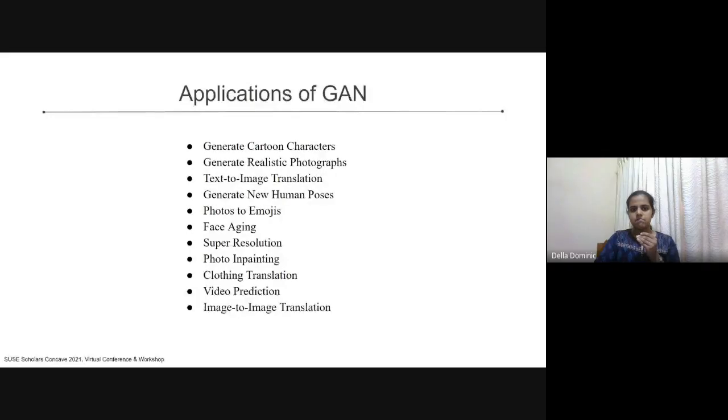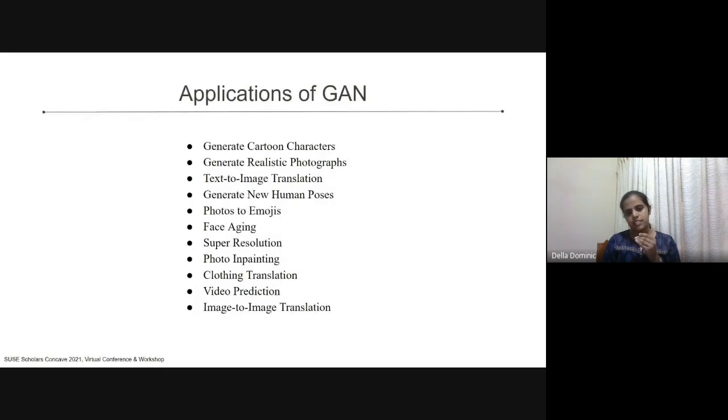You can actually, if you're interested, go over to the site thispersondoesnotexist.com and try it out yourself. Coming back to the applications of GAN, other applications include text to image translation, generation of new human voices,